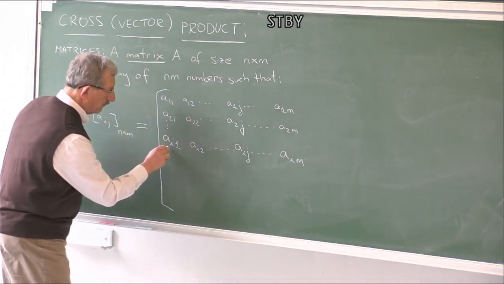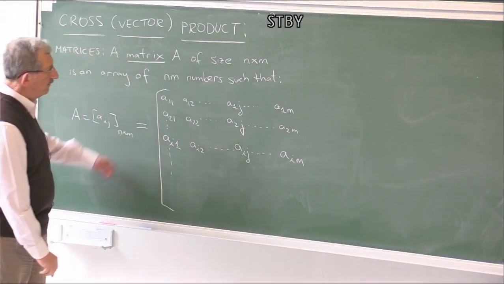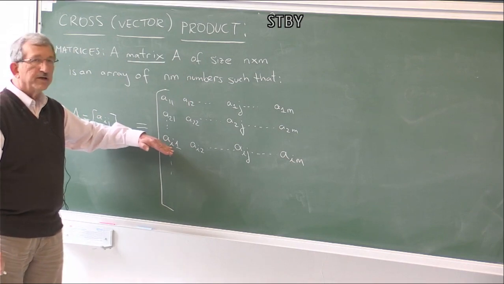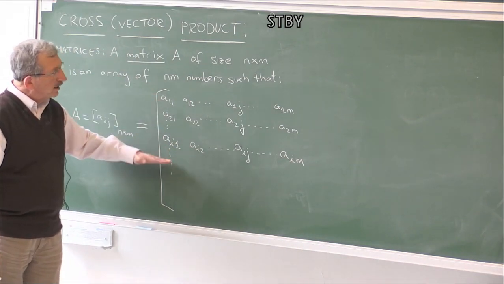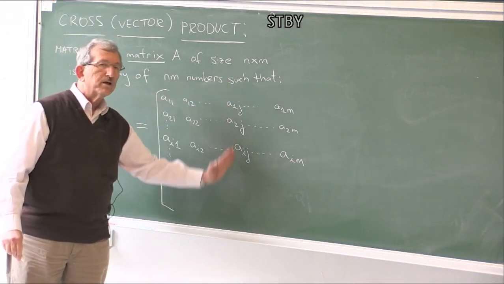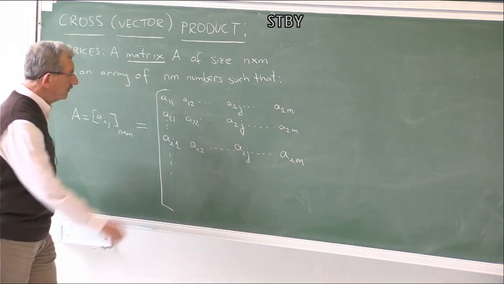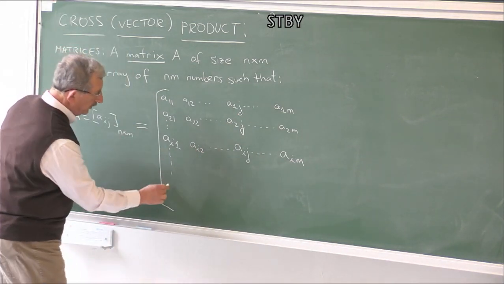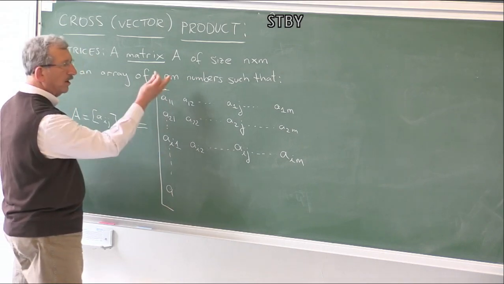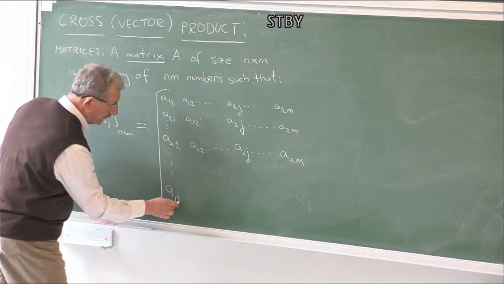You observe that the first index shows the row number. The second index shows the column number. I will comment on it. And finally, we end up with n